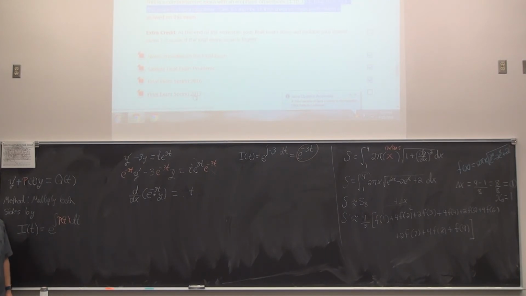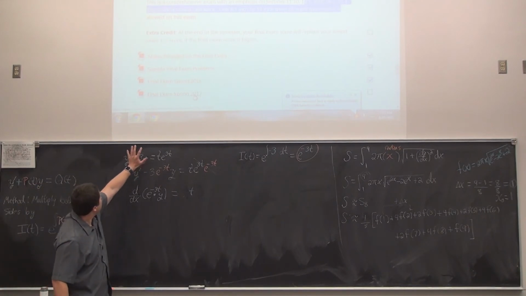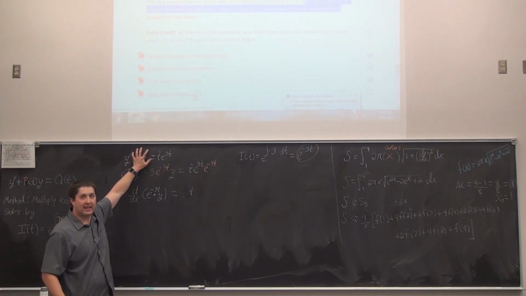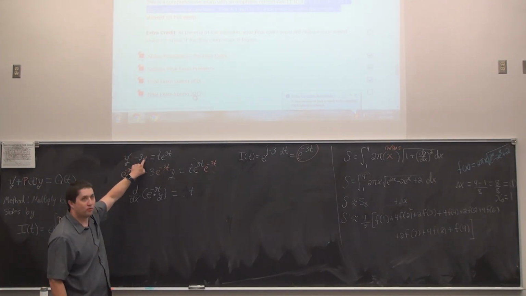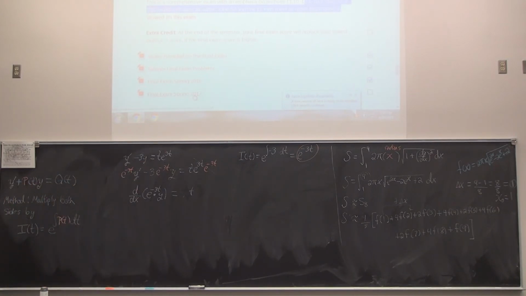Close, but that would be if it was a separable equation. You're on the right track for that one. If it was, say, something like this, we would do exactly that. So it's really this term right here, the -3y, that changed the method a bunch on us. Anyone see what the next step should be then?